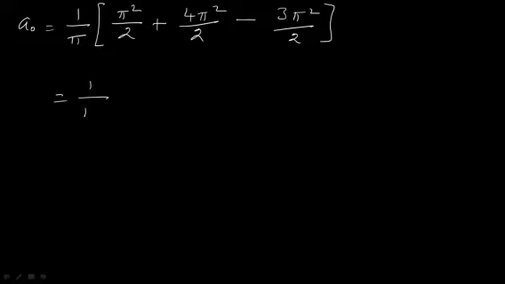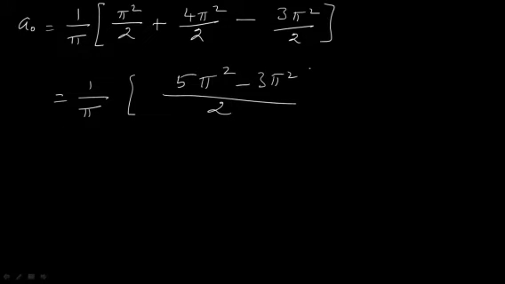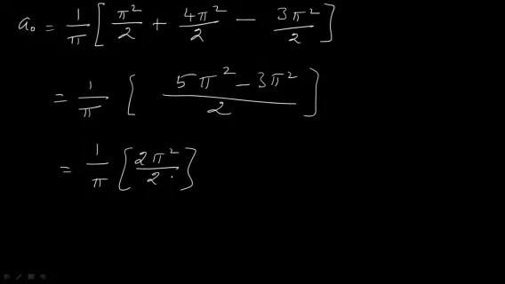So that is equal to 1 by pi of. All of them have the same denominator, that is 2. So here you have pi square, here 4 pi square, that is you get 5 pi square minus 3 pi square. What happens? That is equal to 1 by pi of 5 pi square minus 3 pi square, which is nothing but 2 pi square, isn't it? 2 pi square divided by 2. So 2 being cancelled, one of the pi is also cancelled. So remaining is only 1 pi. So A0 is equal to pi.